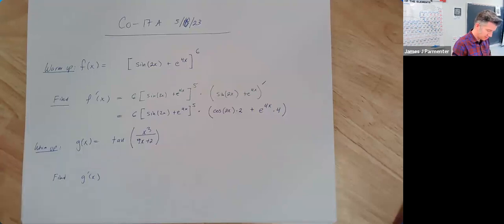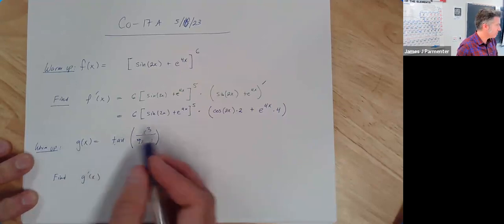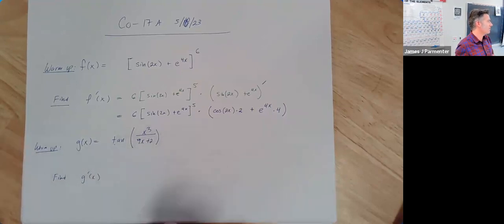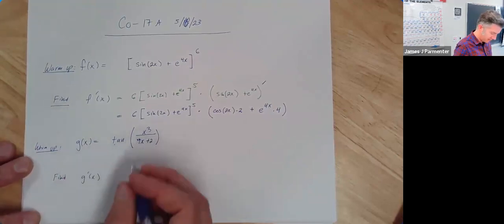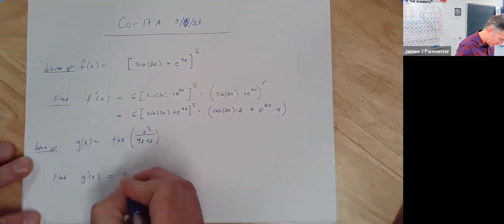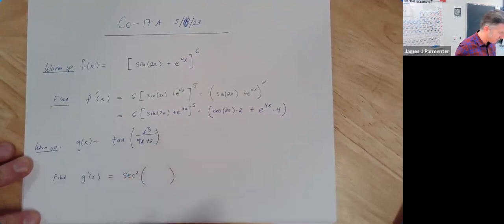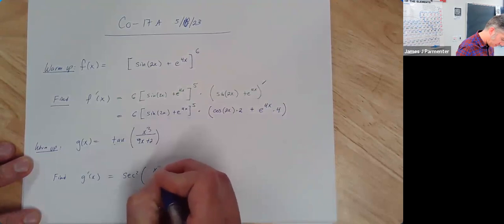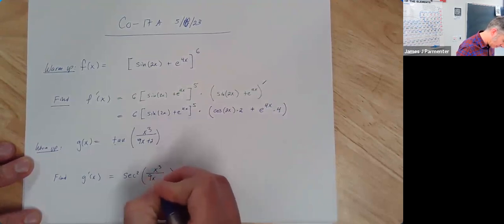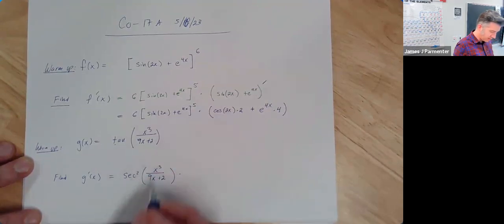For this next one, I've got tangent of some stuff. I'm going to say the word stuff like 10,000 times. Tangent of some stuff. And so I know the derivative of tangent of some stuff is going to be secant squared of that stuff times the derivative of that stuff. Let's just do the derivative of the stuff instead of writing out stuff prime. So it's going to be secant squared of x cubed over 9x plus 2 times the derivative of x cubed over